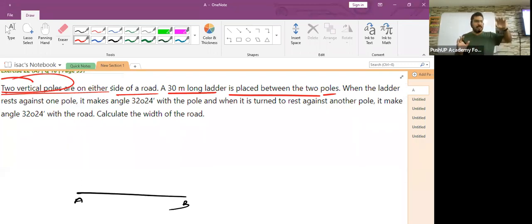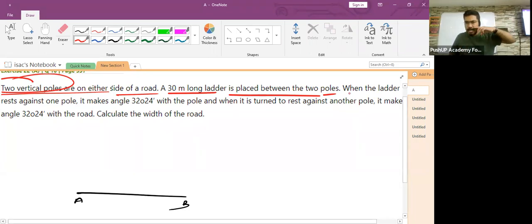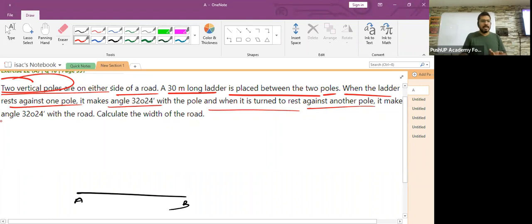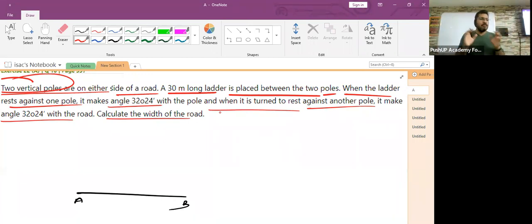Am I right, children? After reading the question, what did you feel? Because see, towards the later part of the question, when the ladder rests against one pole, it makes an angle of this. When it is turned to rest against the other pole, it makes an angle of this with the road. Calculate the width of the road. All right. So nowhere in this entire question they have mentioned that the two vertical poles are equal in length,